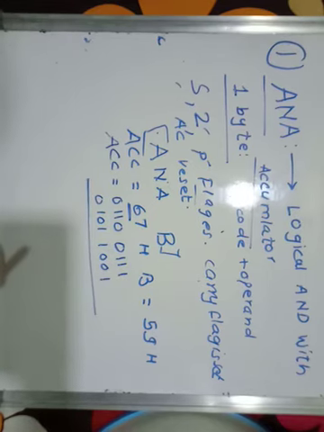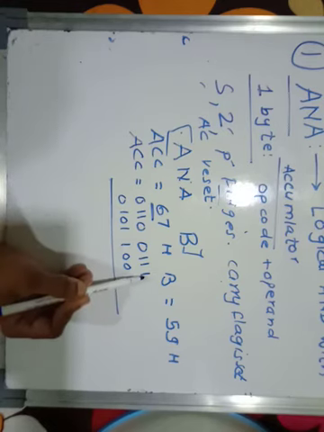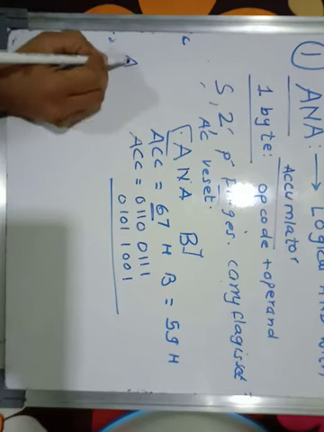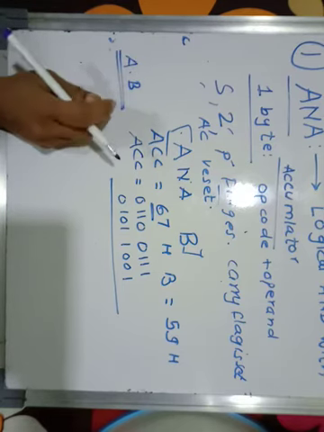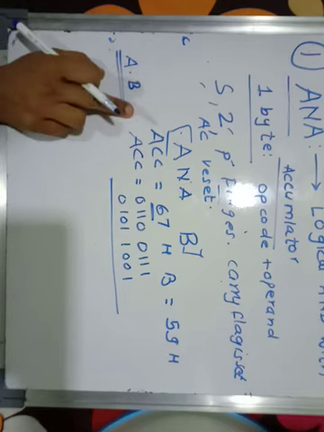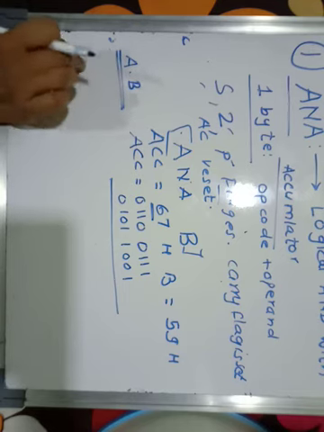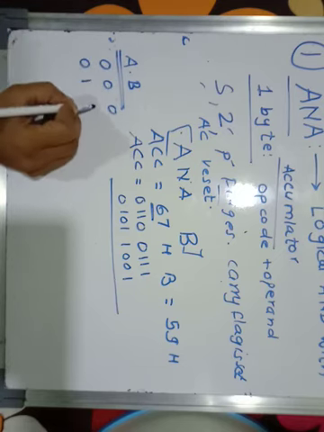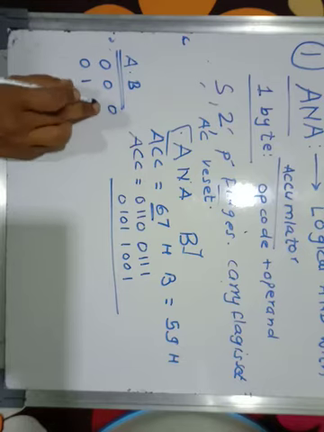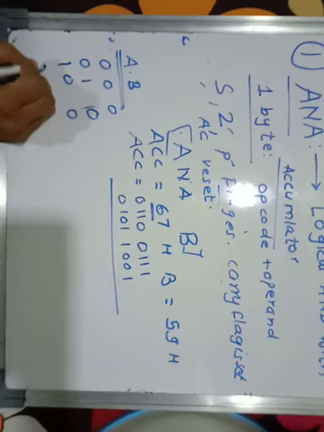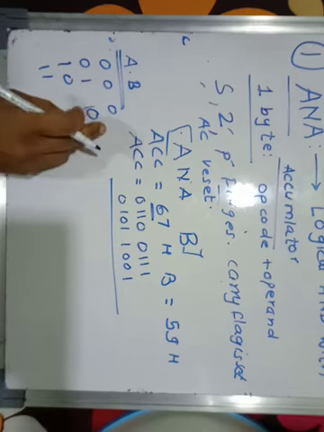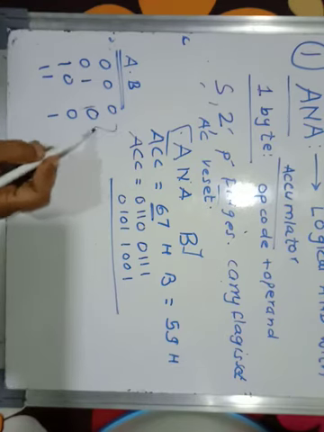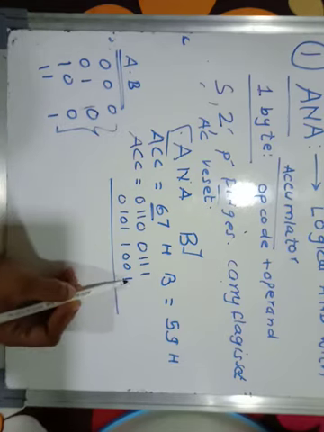Okay, so now what are we going to perform? See, in case of the AND gate it is A dot B. So we know the truth table of A dot B. We have the four conditions: 0 0 will come 0, then 0 1 will come 0, 1 0 will come 0 and 1 1 will come 1. So this is the truth table for A dot B, that is your AND gate. According to this truth table, we are going to solve this question.